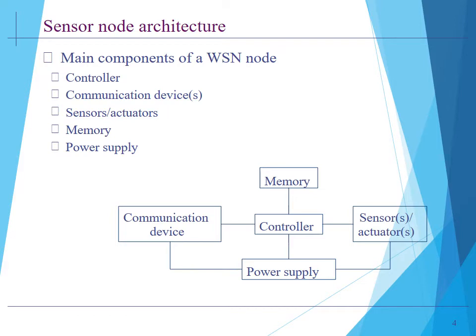Memory. Some memory is there to store programs and intermediate data. So usually we have different types of memory which are used for both programs and data. The last component is going to be the power supply. As everyone knows, the power is going to be the main component of the sensor node. These are in the form of batteries to provide energy. Sometimes some form of recharging is also obtained for energy from the environment as well.